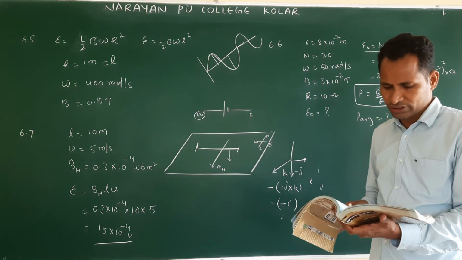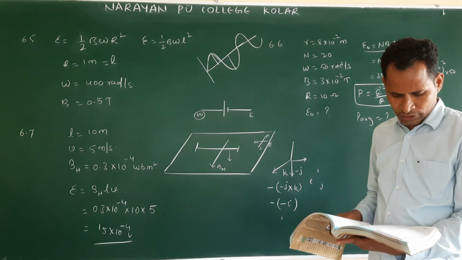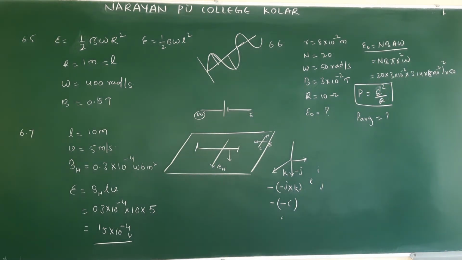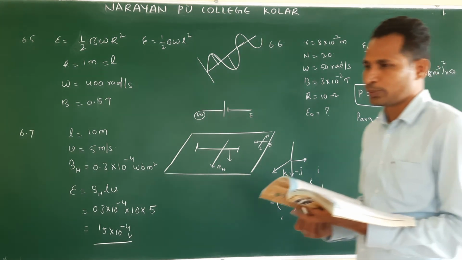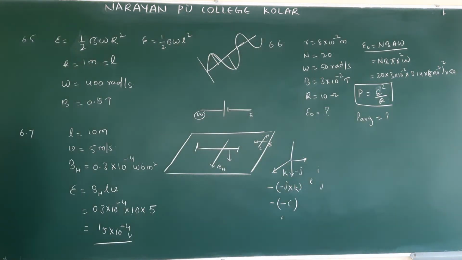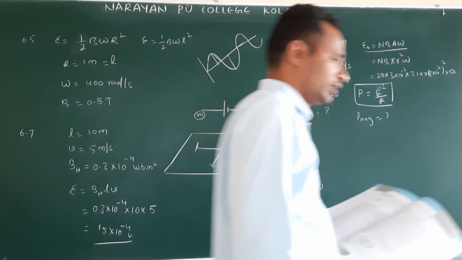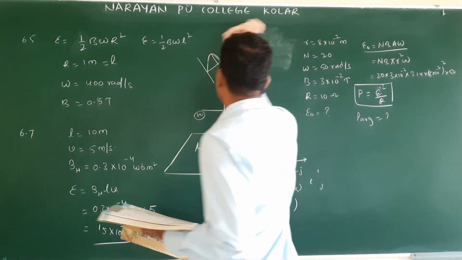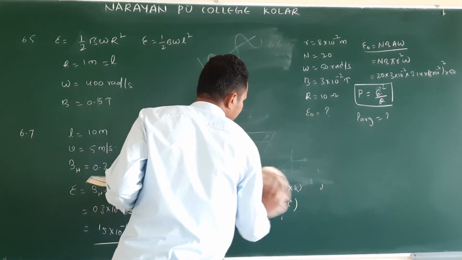Now the remaining questions. Next, this question: current in a circuit falls from 5 ampere to 0 ampere in 0.1 second. If the average EMF is 200 volts, then estimate the self inductance. Very simple. This kind of question is also asked directly. EMF is given, change in current is given, then they ask for self inductance.